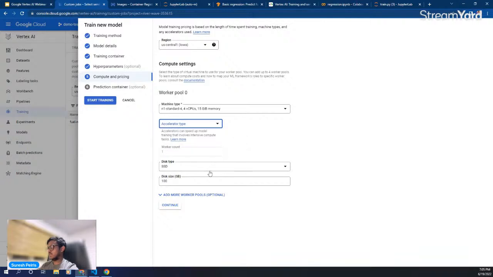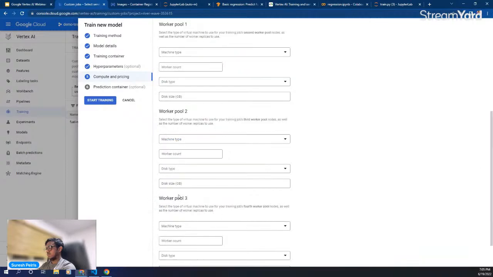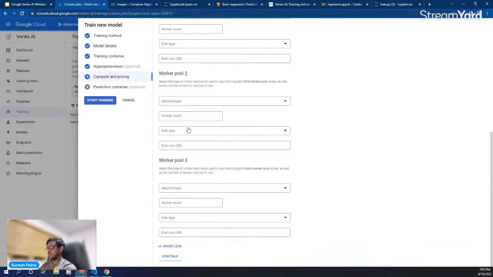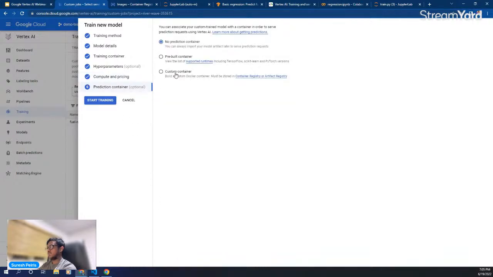For this demo, I don't need any GPUs, so I'm just leaving it blank. And node worker pools I don't need to set, and can just click on continue. Yeah. So for the prediction container,